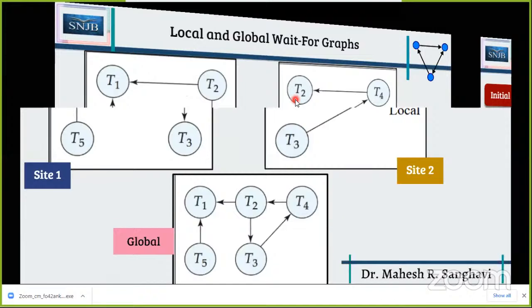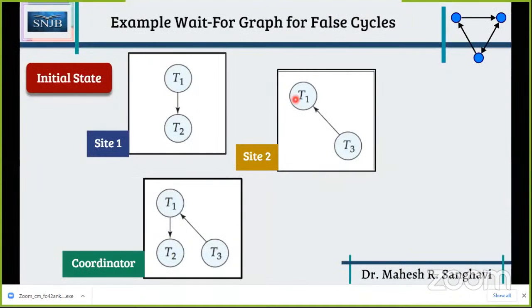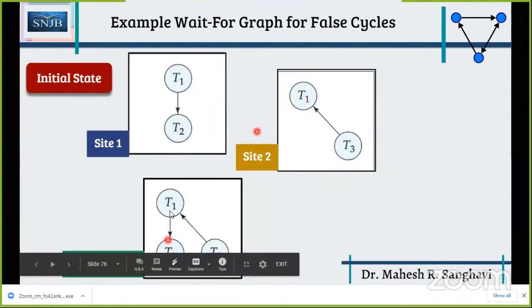Okay, now simple wait for graph, okay, giving you false cycle. Okay, now see that site 1 has this particular graph, site 2 has this particular graph, and now what will happen, you know, यहाँ पर T1 T2 के ऊपर डिपेंडेंट है और T3 T1 के ऊपर डिपेंडेंट है. तो आपके पास ये वाला जो भी है ये ग्राफ आएगा. सो T1 इज डिपेंडेंट ऑन T2 एंड T3 इज